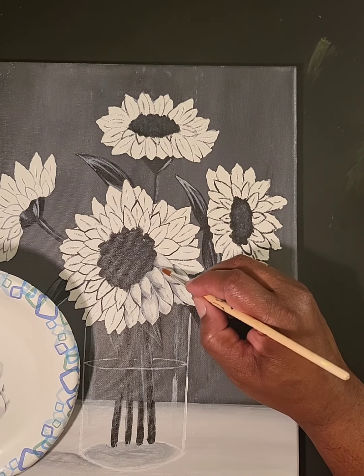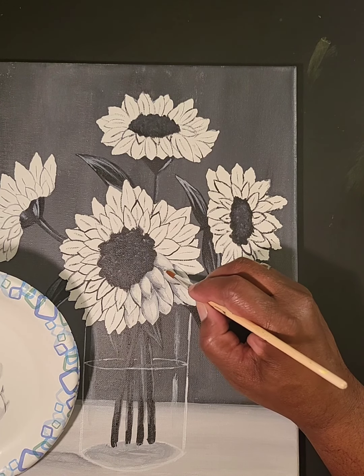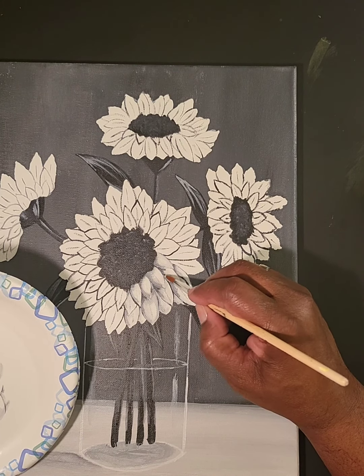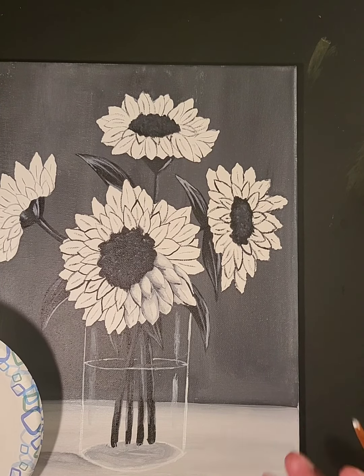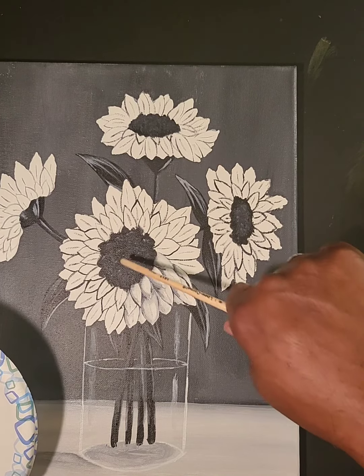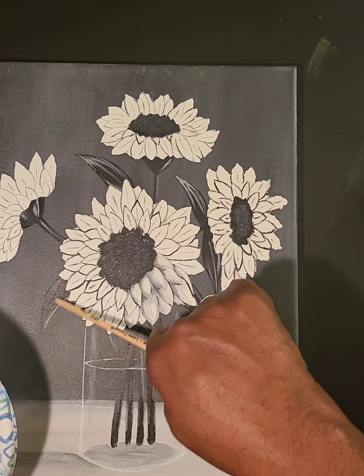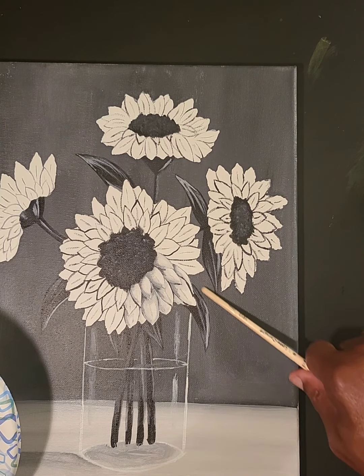And it could take me a little time. But what I'm going to get in the end, after I finish doing all of this, is a much more pronounced flower. I can play with the inside. I can play with the leaves. I can play with the stems. I can put shadow